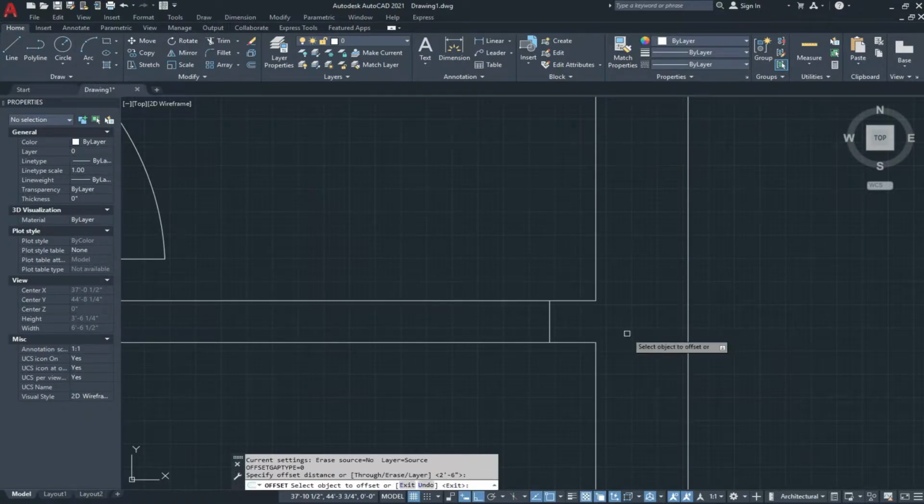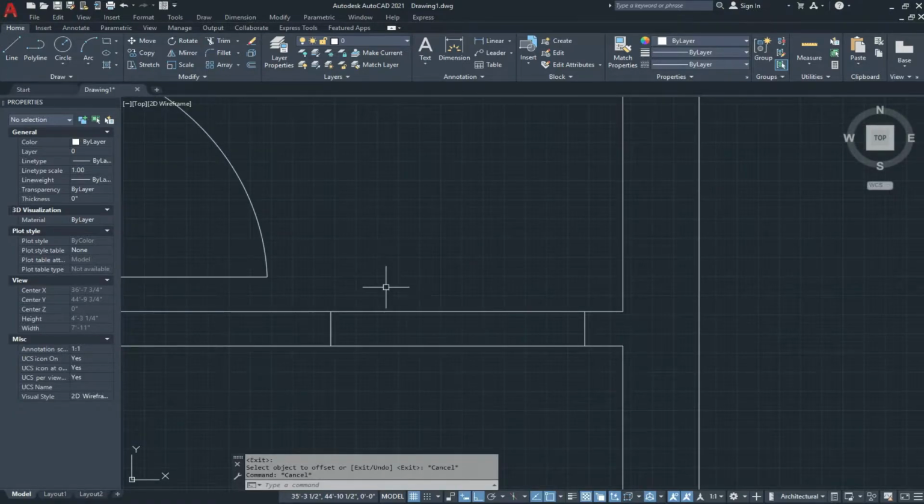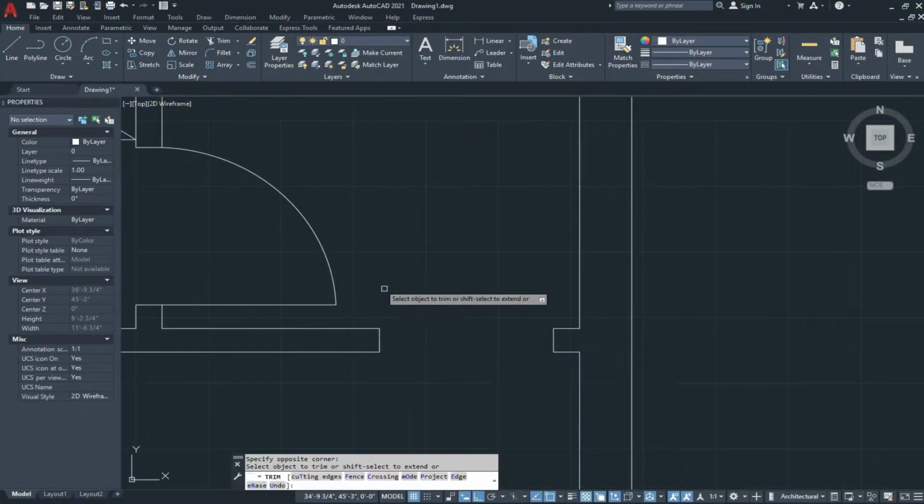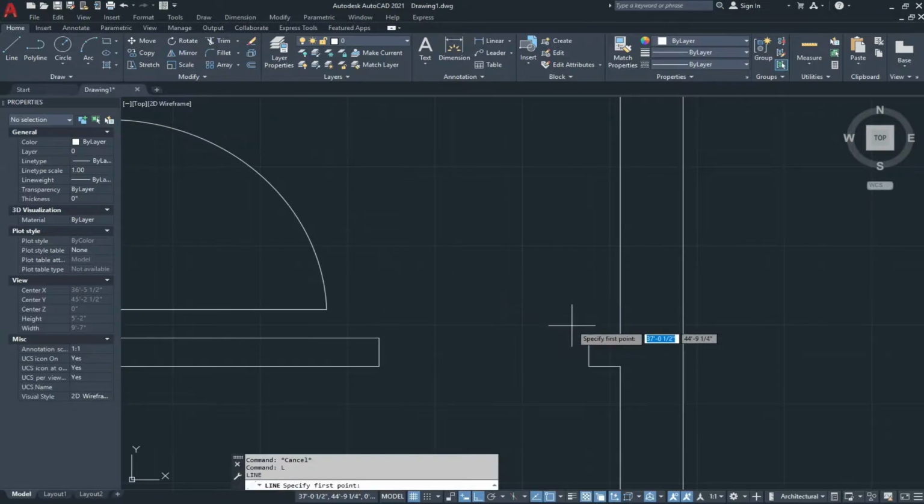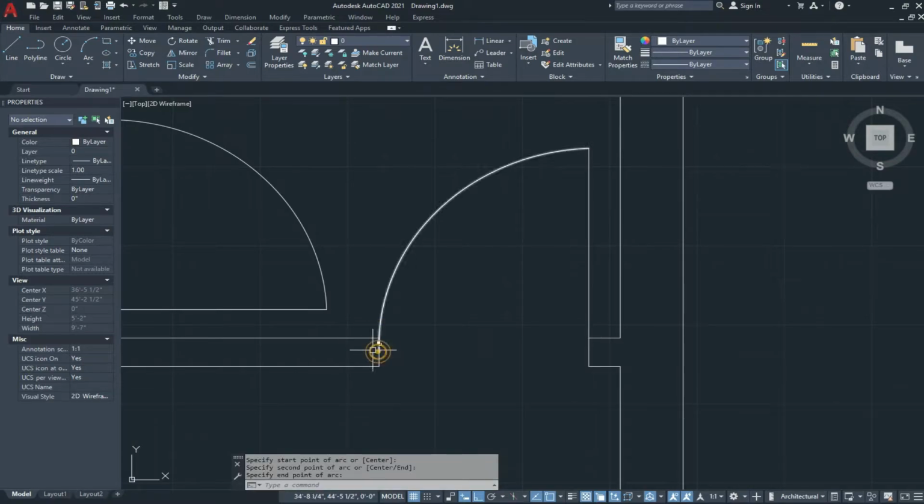Give the offset 2.5 feet, and with the TR double enter we trim this. Draw a line with the length of 2.5 feet, and with an arc tool A enter we make the arc.